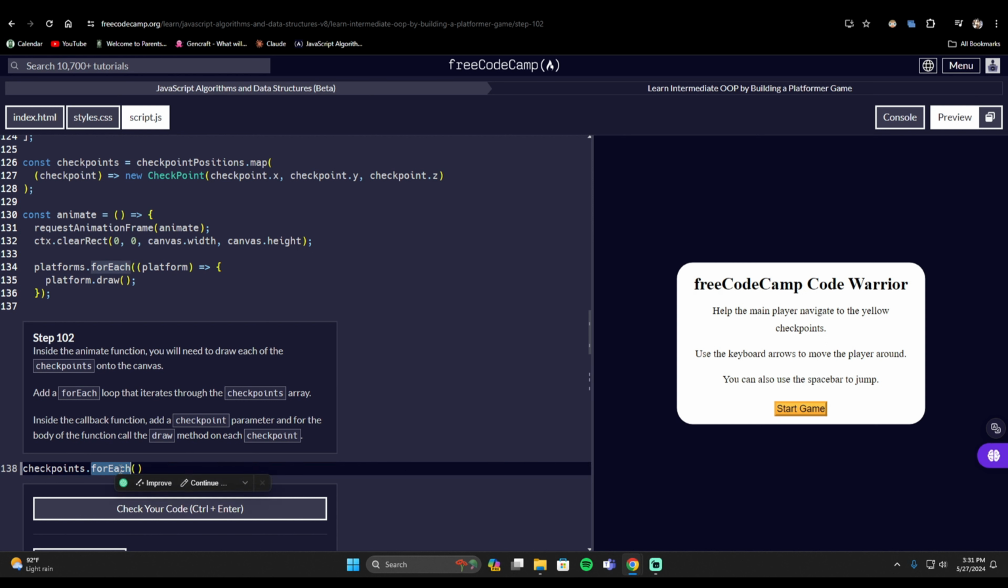forEach is a method used for arrays. So we access an array and then iterate on the elements of that array and perform an action, which should be inside the forEach. So inside the callback function, a callback function looks like this. Add the checkpoint parameter, and for the body,